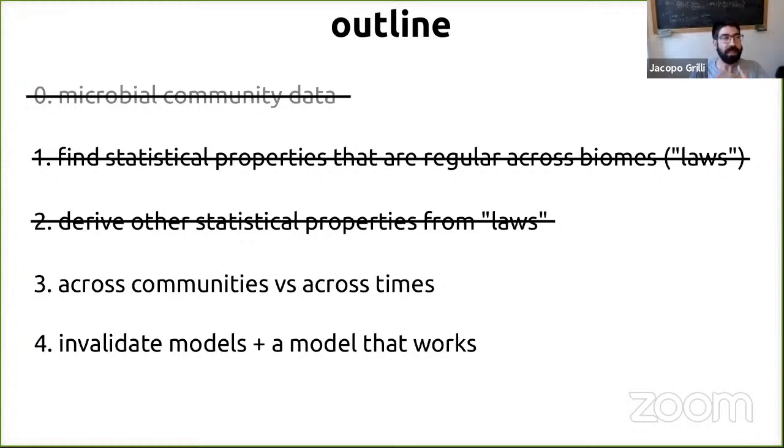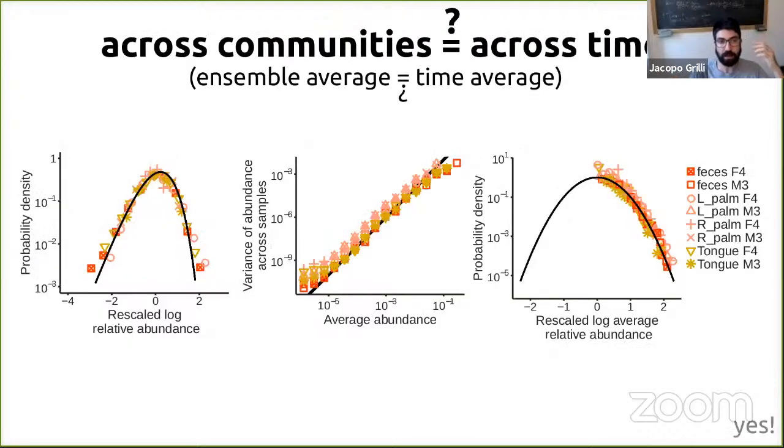Good. So the next step is to compare cross-sectional variation, variation across communities, cross-sectional data, versus longitudinal variation, so variation across time. Now, of course, we know that it's not the same, but we can ask whether the same patterns hold, right? And the answer is yes. So we still see the same patterns, and we can also check whether the communities generated in silico match the other statistical patterns, and it works very well. So again, the statistical properties match the data.